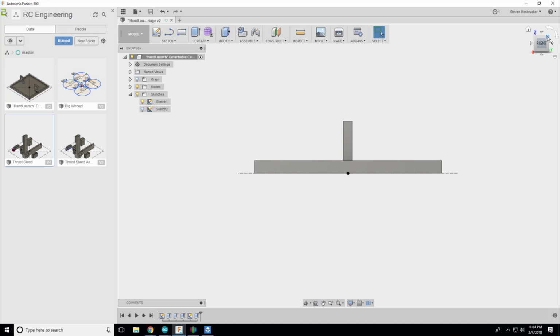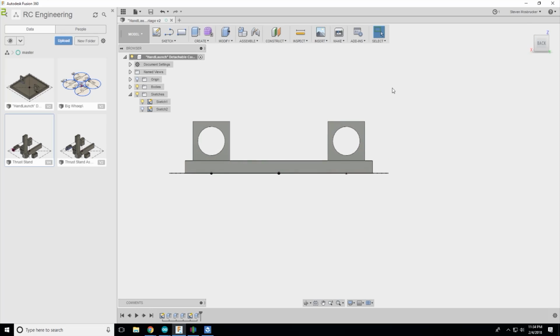I think next week I'll be finishing off the thrust stand, so we can do some tests on that, and then we'll continue with this guy when we're done with the test stand. So I would really like to use this guy here in the coming few weeks, because I'm going to be back